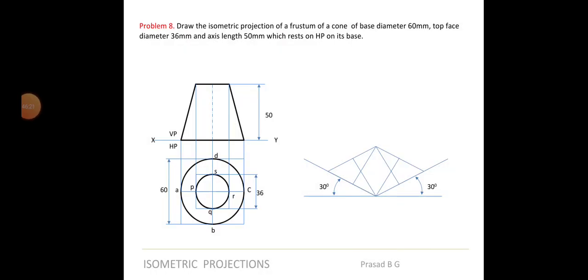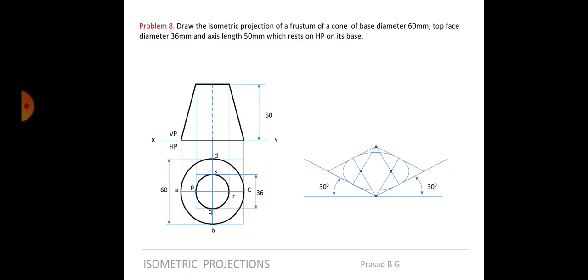Okay. So what you have to do now? We have to take this as the center, this as the radius, draw the arc. Then take this as the center, this as the radius, draw the arc. This as the center, this as the radius, draw the arc till here. Then this as the center, this as the radius, draw the arc here and get the base. Over. So again it should be light because we need to know what portion will be going backside, and that has to be hidden. So this is about the base part.